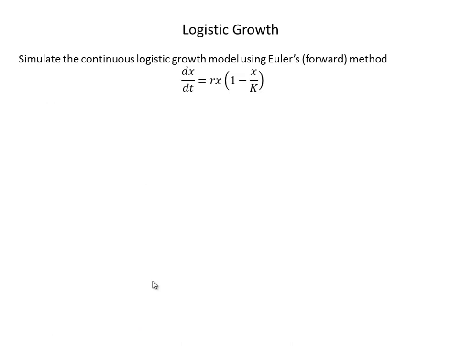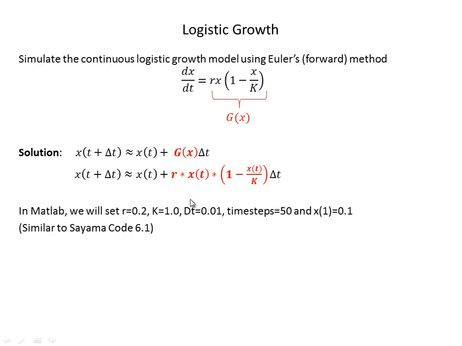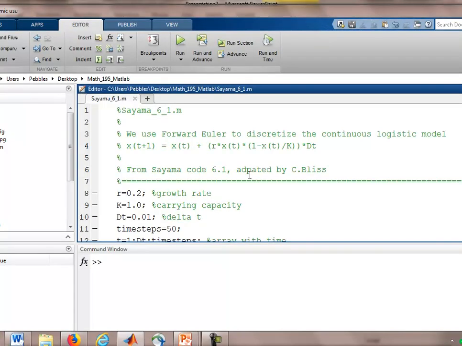This is a continuous logistic growth model, so it's a differential equation, and we're going to use Euler's forward method. As a reminder, that expression there is our g of x. So here's Euler's method, and we've substituted in g of x for the logistic growth model. And in MATLAB, we're going to choose particular parameters so that we make code that's very similar to Sayama's code 6.1. Okay, so I'm over here in MATLAB,